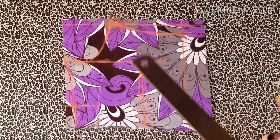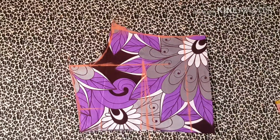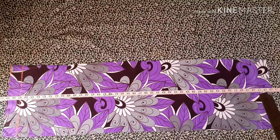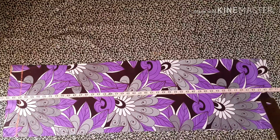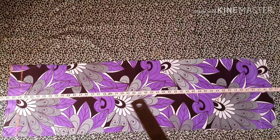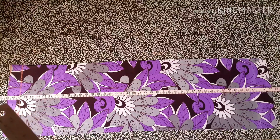Now that you've connected this to this area, you're further going to cut out your pieces, and then we're going over to the lower part of the dress. Now to cut out the lower part of the dress, I placed my tape on 15 inches instead of 16 inches due to the fact that I want to create 1 inch for joining the upper and lower part of the dress together. So from there on, you determine the full length of your dress, and then I added 2